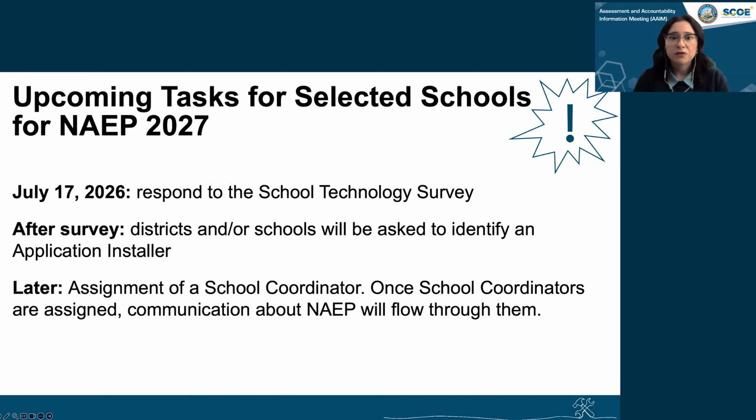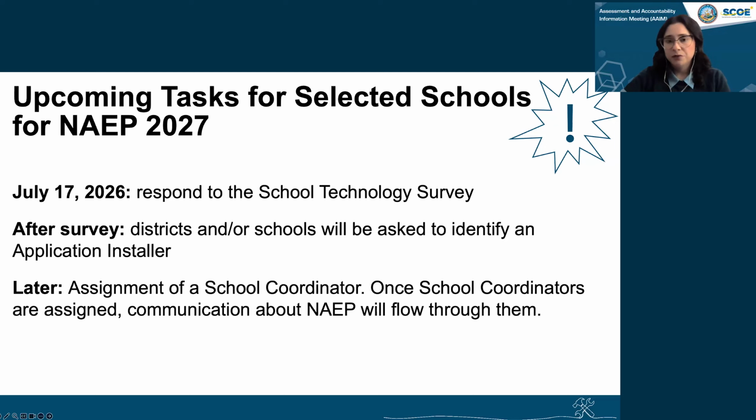So the school technology survey I have already sent out and should have been responded to by July 17th. And I think I only had one school that did not meet that deadline, and I will reach out to them directly. But it's really important if you do get selected in future years to complete the school technology survey in time, because it does allow us to move forward with the device model that best fits the needs of your school site. And it just helps us to determine which technology availability your school site has. The subject of this email was called NAEP 2027 School Technology Survey Notification.